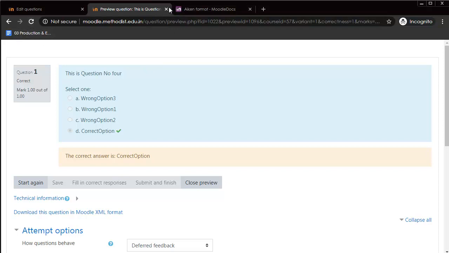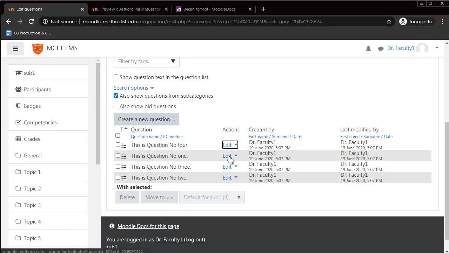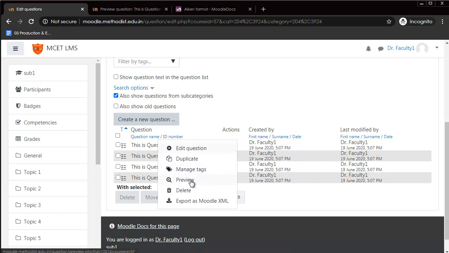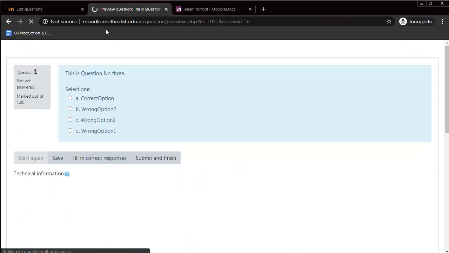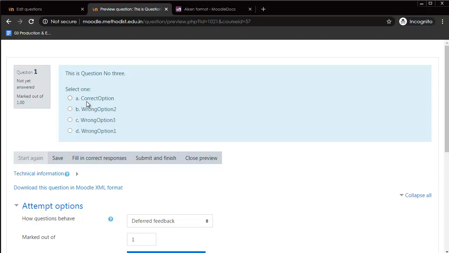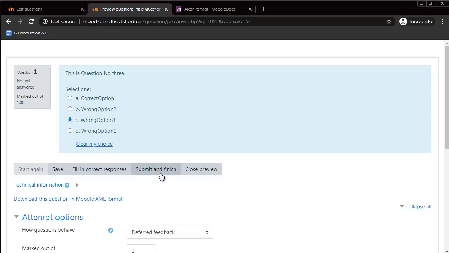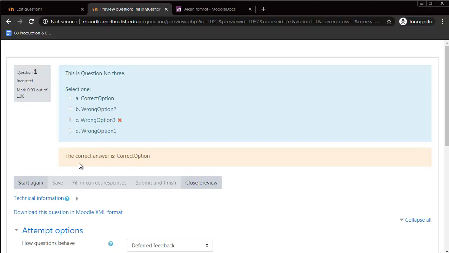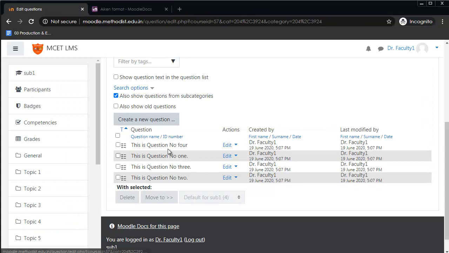So let me take up another question and attempt it. Question number 3, preview. This time, instead of checking the correct option, I will choose a wrong one and then submit. You can see a cross mark has appeared in front of the wrong option, and it has told me the correct option here in the comment. Once we have checked all the questions and they are appearing correctly as we expect, we can go on to